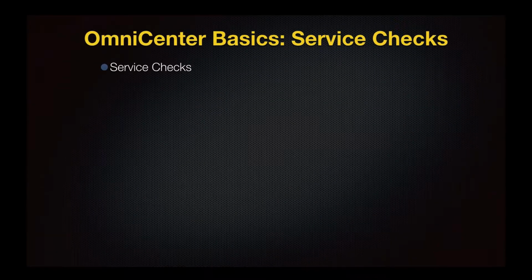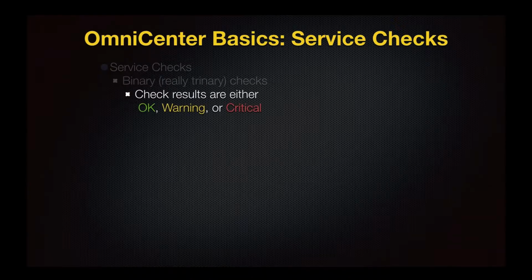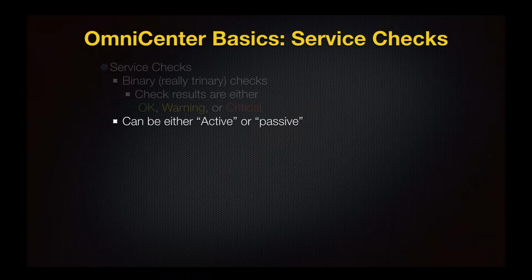Now, OmniCenter also has this concept of service checks, and service checks are different than the polled data in that they're really kind of binary, right? So these are things that we would check for up or down. It's really technically trinary because you can have warning results within service checks as well, and warnings with service checks will generate alerts. But service checks can either fall into an active or a passive state, and this depends on